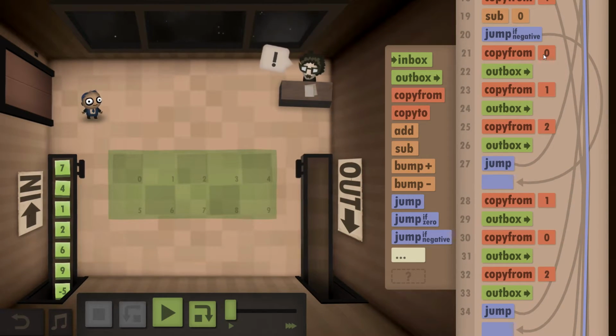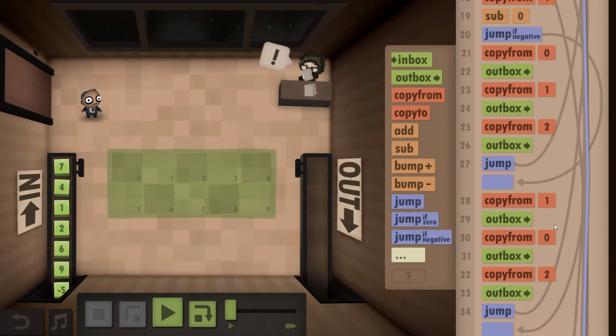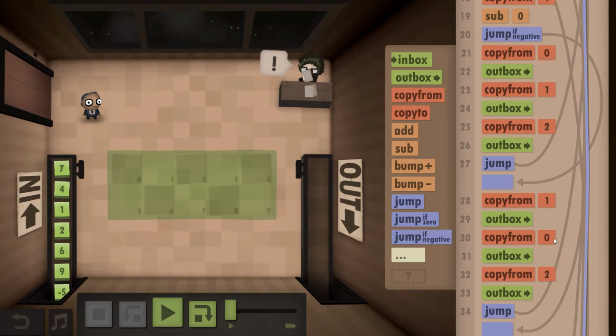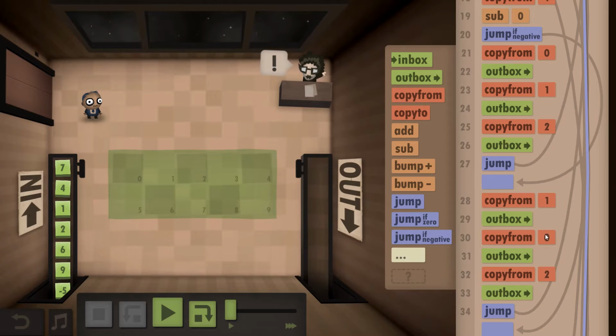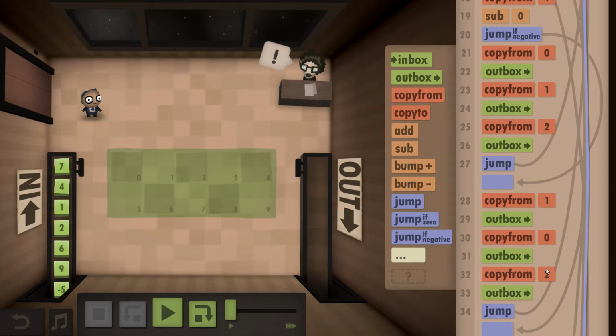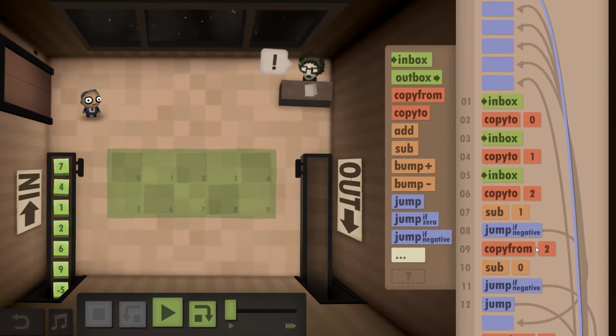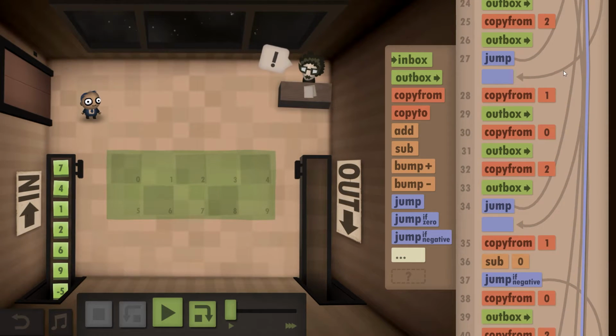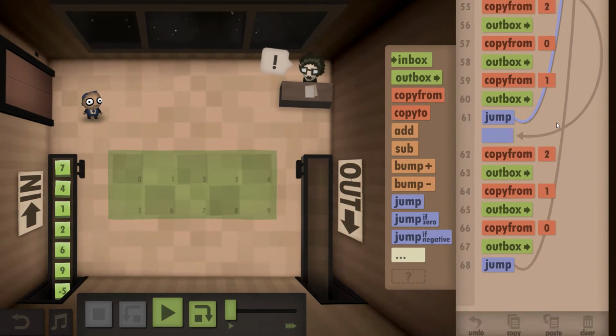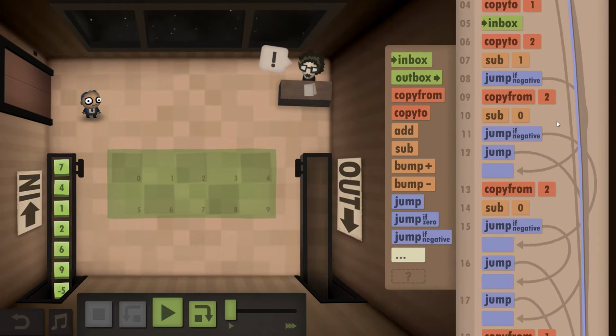And then outbox directly, like 012 or 102, depending on if this or this is bigger, because it's already established that. Oh, if 100 is bigger, it's already established that 2 is the biggest number, and then jump back to the start. So all the jumps down are replaced with jumps up,